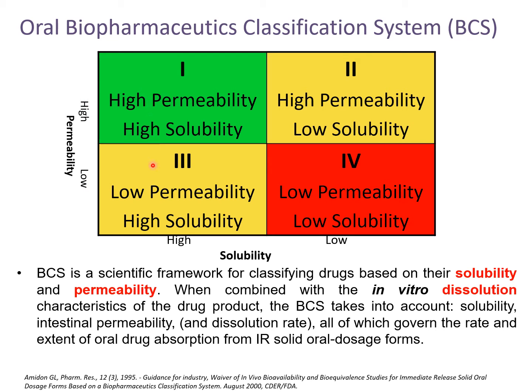As you can see, you can then divide the screen into four areas, and then you have high permeability, high solubility compounds, which are easy to get absorbed and processed. And then you have the category 4s, which are low permeability, low solubility. And you've got a category of a traffic light whereby green is easy to progress, and then amber not so, and then red is quite difficult. So we looked at this oral biopharmaceutics classification system and a concept of different categories, and then adapted it to use for a manufacturing classification for particles.